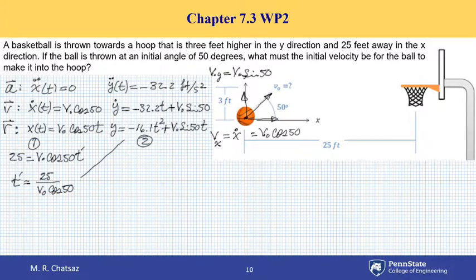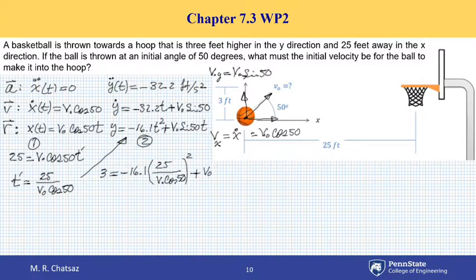Then if I plug this in here, I'll have another equation which has only v naught in it. Observe that y equals 3, so I plug 3 for y equal to minus 16.1 t prime squared, which is 25 over v naught cosine of 50 raised to the power of 2,